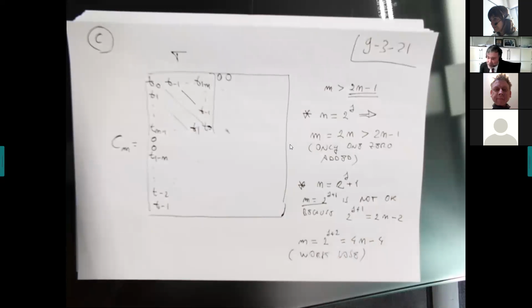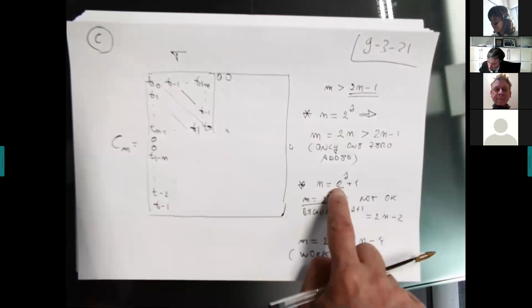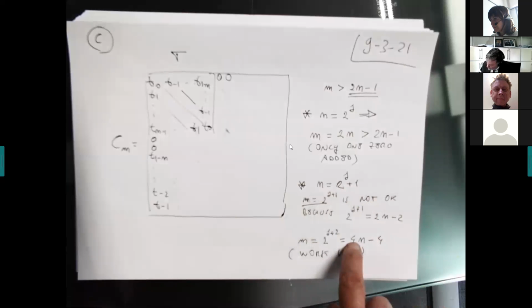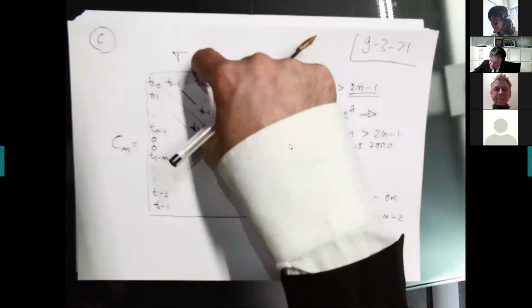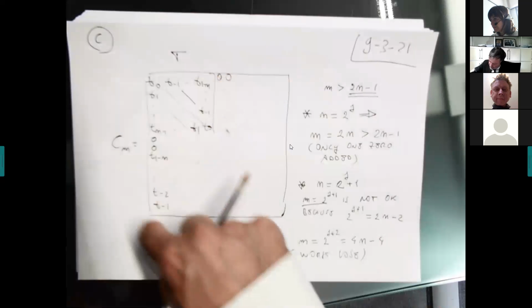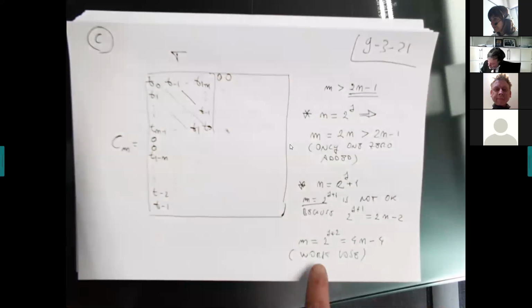You have understood the reasoning? It's very algorithmic in this case. It's not pure mathematician stuff. Okay? So engineers and computer scientists should be quite happy. You have seen the point. So this is the worst case. In the worst case, when you start from a number which is power of 2 plus 1, you need almost 4 times the size, almost, there is this minus 4, in order to fulfill the two requirements, that T is a principal leading submatrix of Cm, and at the same time, M is a power of 2,